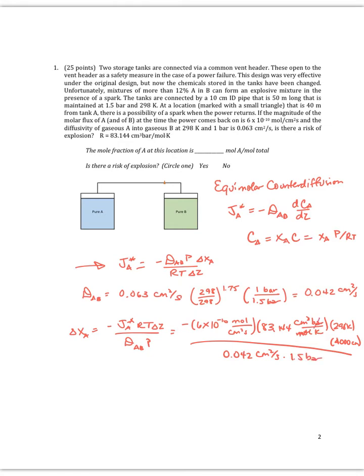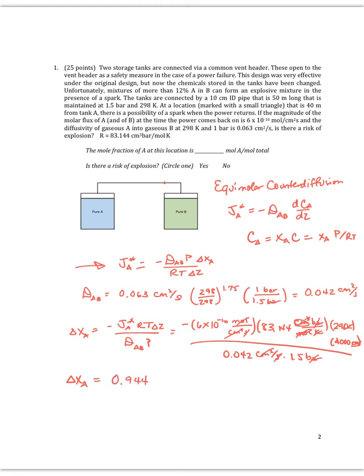Okay, so my units, let's check those. So I've got centimeters squared here. That'll cancel with 2 of those. I'm going to have a centimeter here and a centimeter here, which will cancel with those centimeters squared. Mole here, Kelvin here, Kelvin here. Per second here, per second there. Okay, so everything is canceling, so this is dimension free. And so delta XA, when I plug this in, is